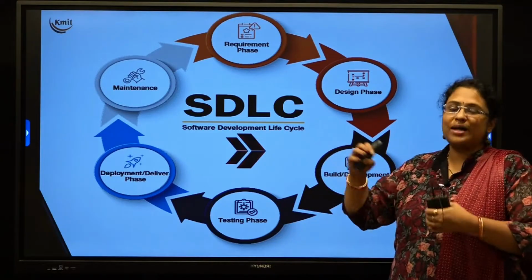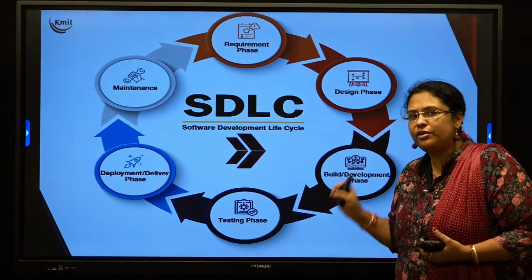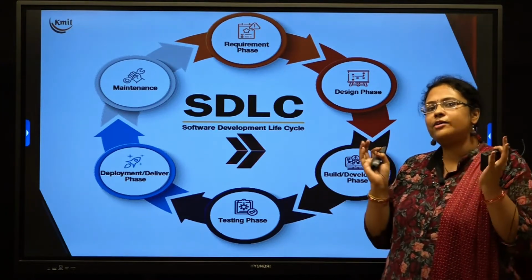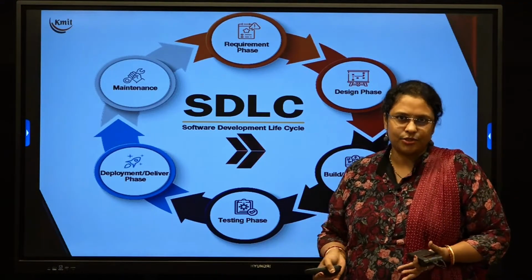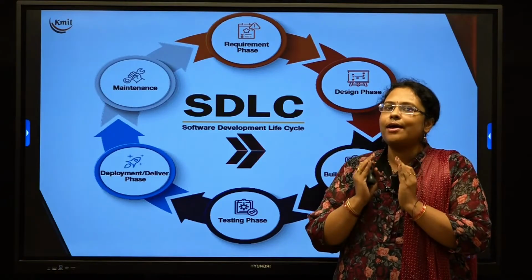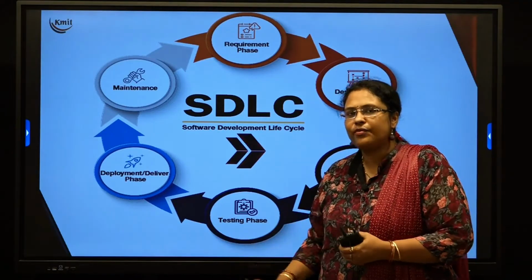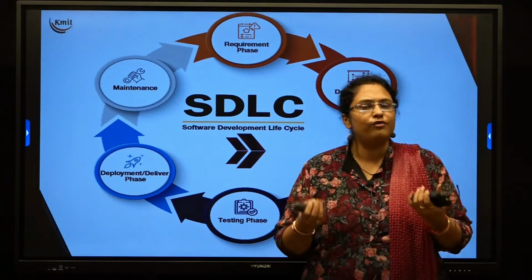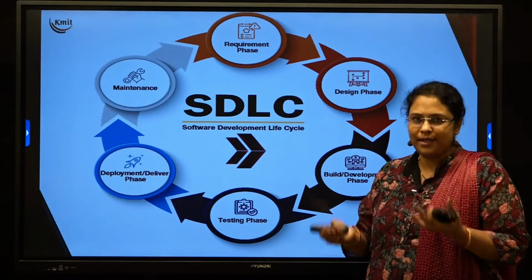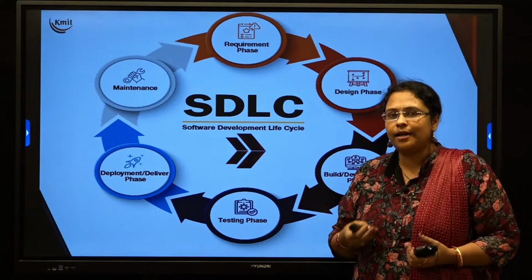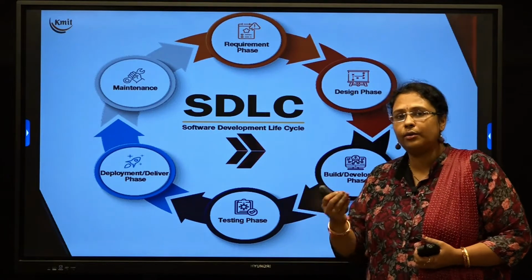After the design phase, once the designs are finalized, you move to the next phase, which is called the development phase. Here the complete software is written using some programming language like C, C++, Java, etc. Once the complete software is developed, we move to the testing phase. In the testing phase, using various testing tools, you do functional testing, non-functional testing, unit testing, integration testing, alpha, beta. So many types of testing are there, which we will see clearly in unit number 4. You do different types of testing to make sure that the software you have developed is working properly.